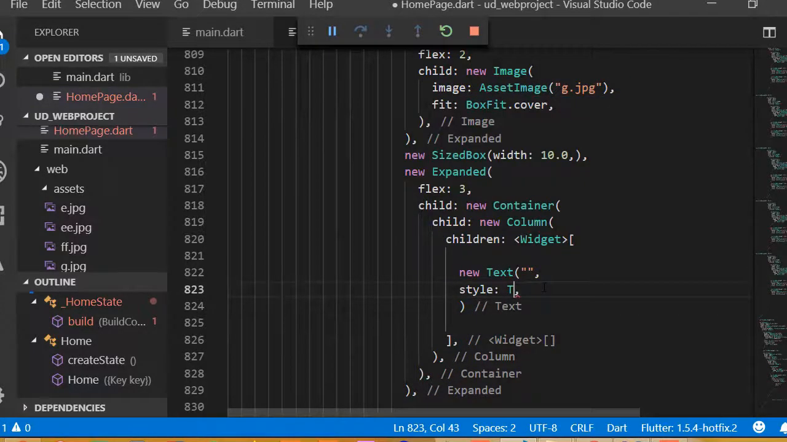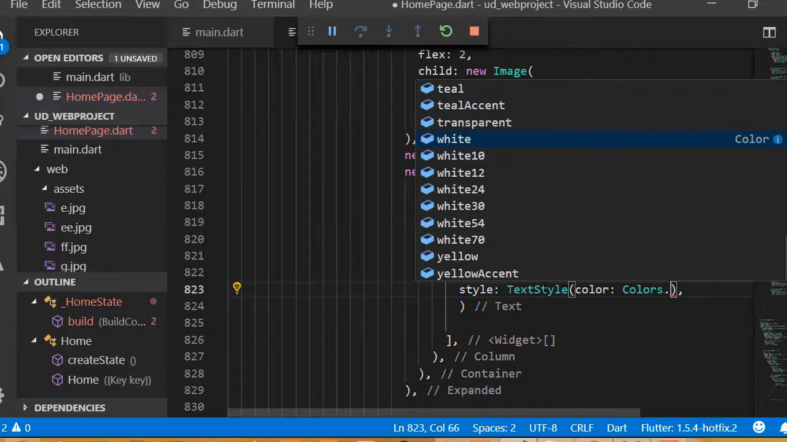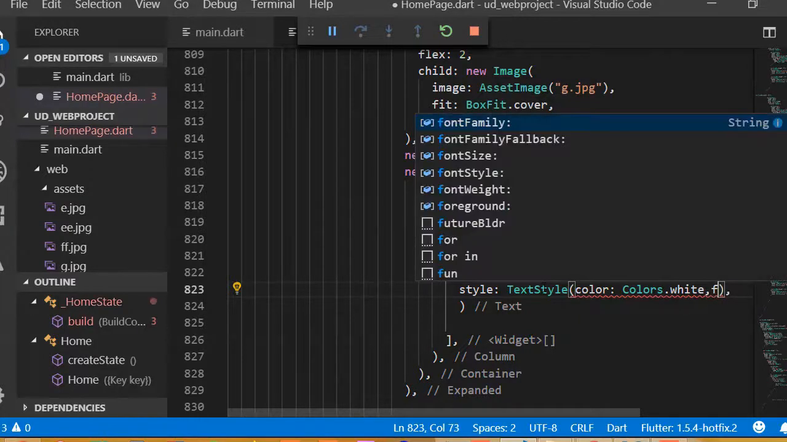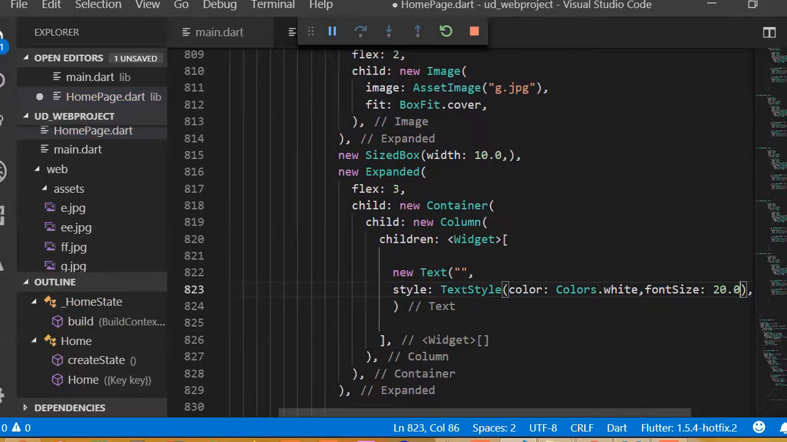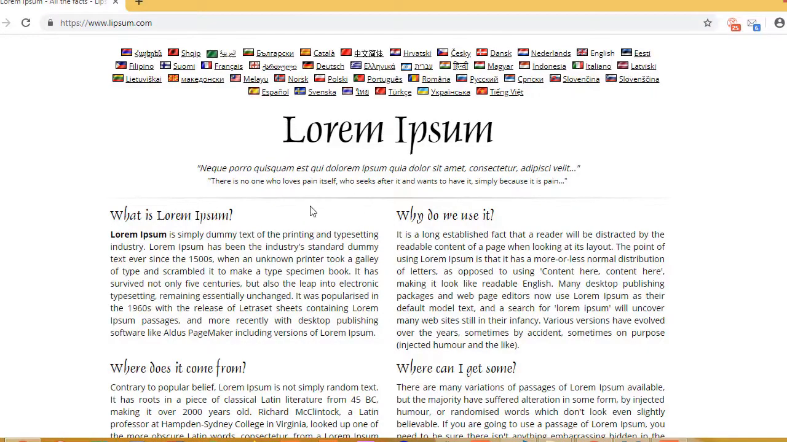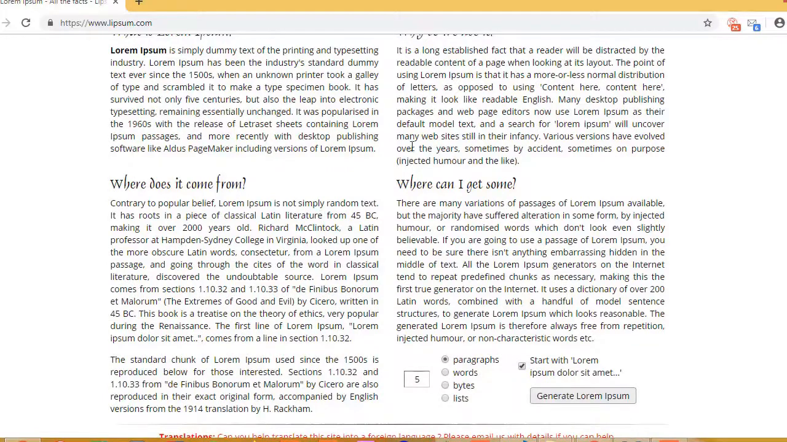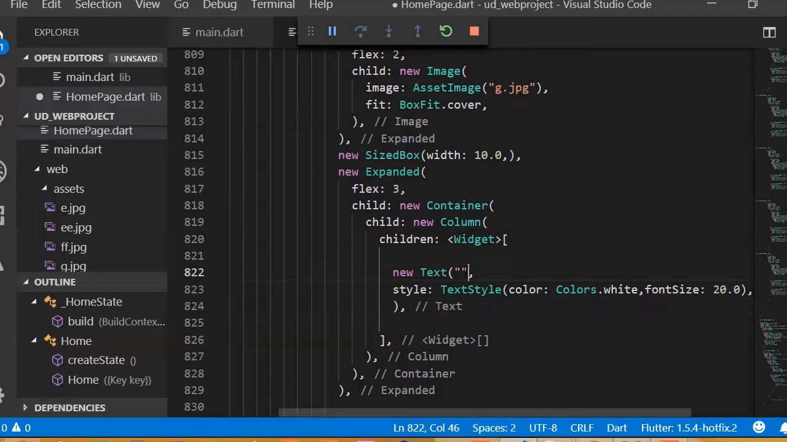So style is going to be text style, and inside this text style we need to add the color. Color is going to be Colors.white, then font size is going to be, I can say, 20.0. Okay, this is our first text. So now go to this Lorem Ipsum website. This is the dummy website where we can collect the dummy text. So I'm going to copy some dummy text here and paste it here,